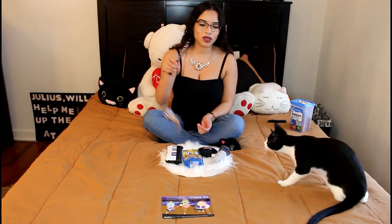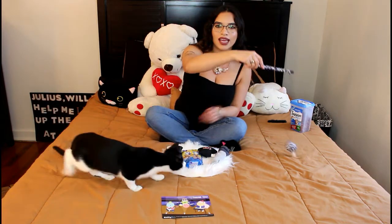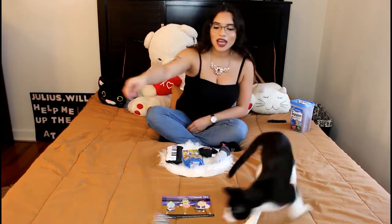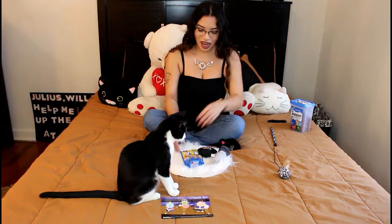Anyway, I wanted to show you guys Suju playing with this toy because these are her favorite kinds of toys. Anything attached to string and that has that little jingle sound, she is obsessed with these kinds of toys. She can play with them for hours. We actually got her one from Pet Value, and she would play fetch with it and sometimes fall asleep with that toy. She'd bring it into her cat bed and sleep with it. She likes these treats. These are called...